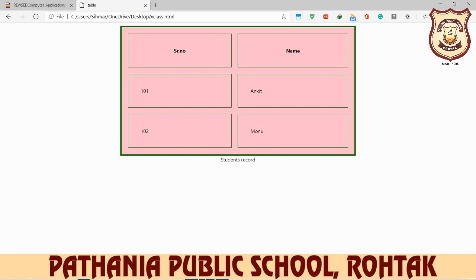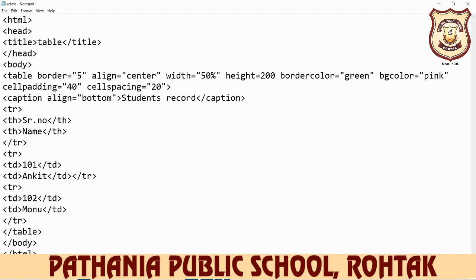But if you want to merge vertically, for example, we want to merge serial number 101, 102 in a single cell, then we use the rowspan. Rowspan merges two or more cells into a single cell in a vertical manner, and colspan merges your data horizontally. So let's do the practical of this colspan and rowspan.